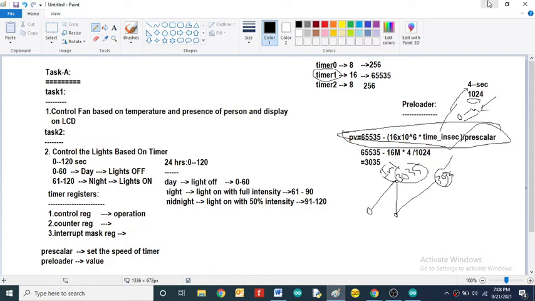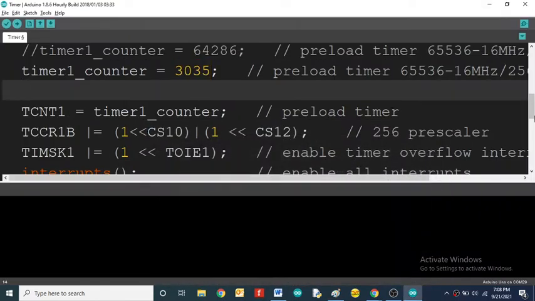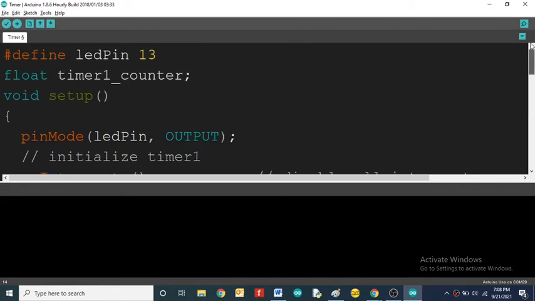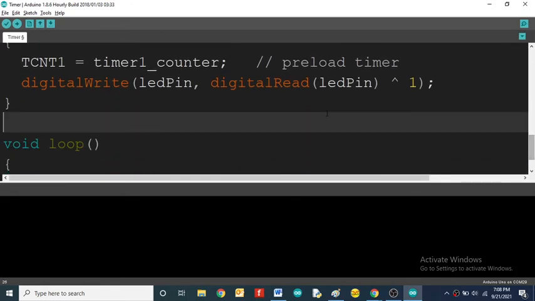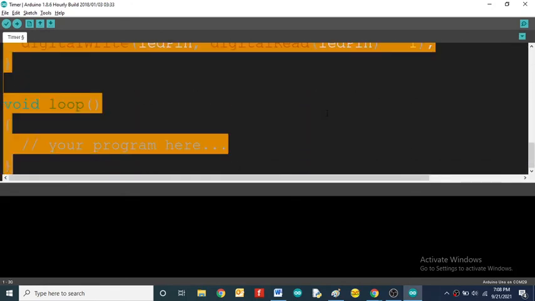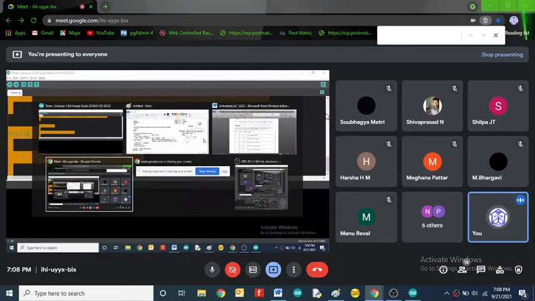Let us see whether it will give the result or not. I will copy this overall code and open Tinkercad.